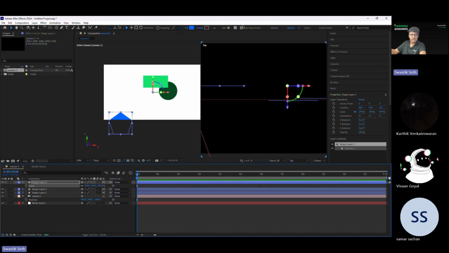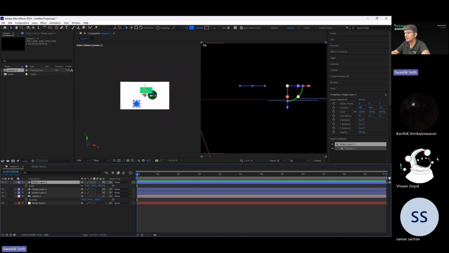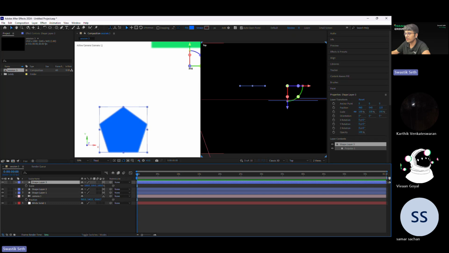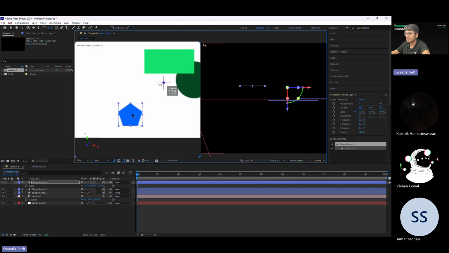Why is that happening? Can anyone tell me why it is moving when I'm increasing its scale? It is coming towards the screen. Why is it coming towards the screen and why is it not staying in place? Because its anchor point is moving towards the left, right? Yeah, exactly, the anchor point. Because the anchor point is over here. If I just move it to the center,